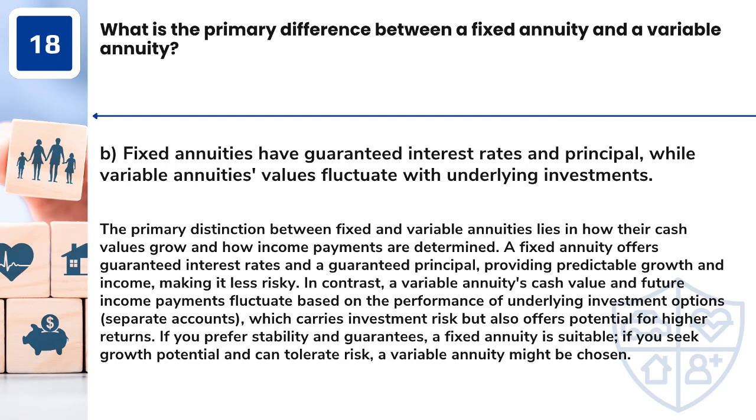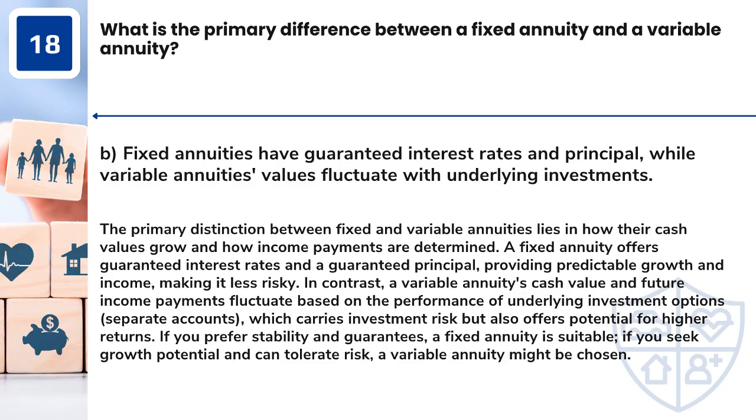Answer: B. Fixed annuities have guaranteed interest rates and principal, while variable annuities' values fluctuate with underlying investments. The primary distinction between fixed and variable annuities lies in how their cash values grow and how income payments are determined. A fixed annuity offers guaranteed interest rates and a guaranteed principal, providing predictable growth and income, making it less